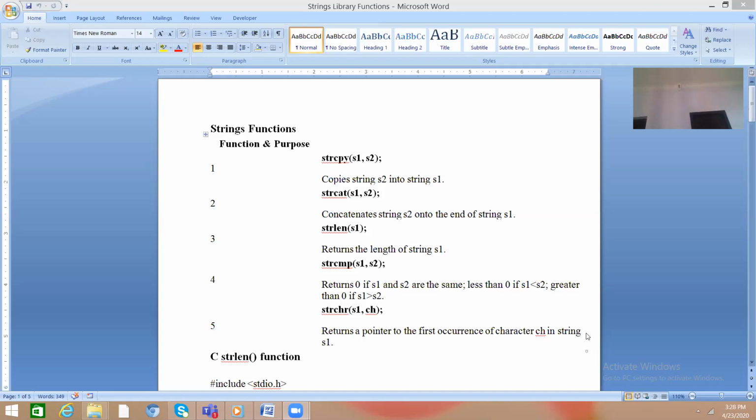Generally what happens in an AKTU paper or somewhere or other, they will not ask you to write a program for a string using library functions. In the university paper the question will be like: write a program in C to calculate or compare two strings without using library functions. So at that time you have to write the logic of the program.